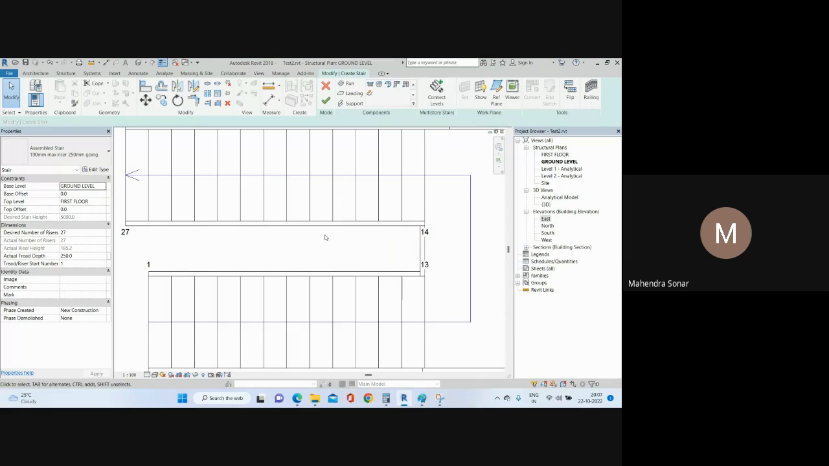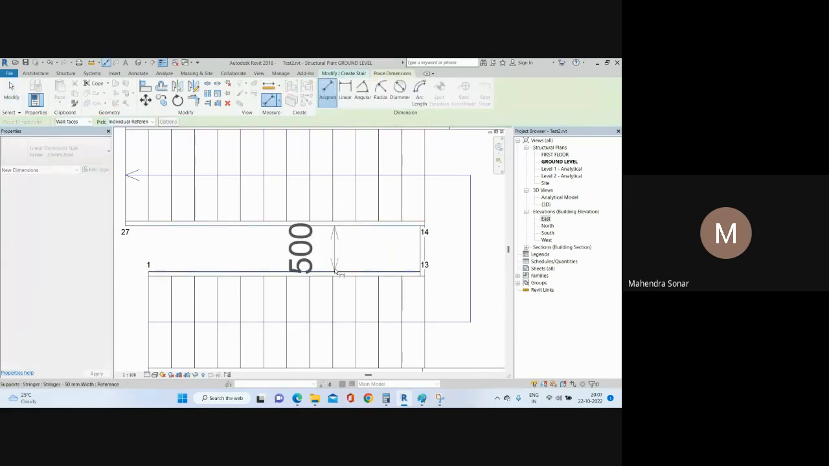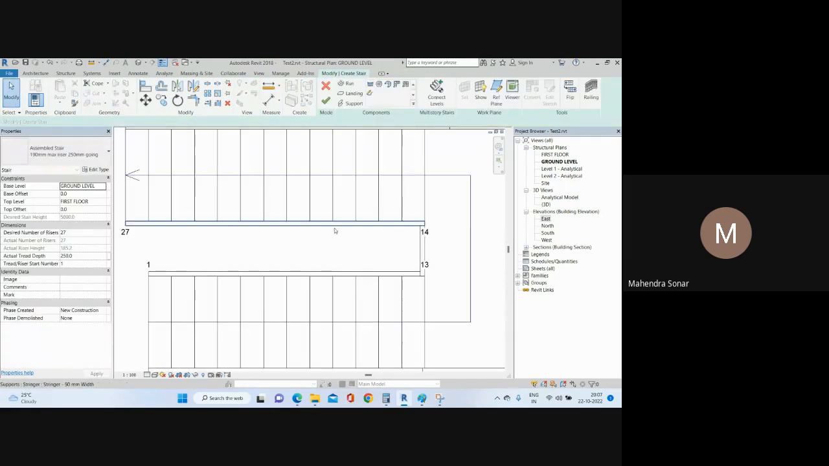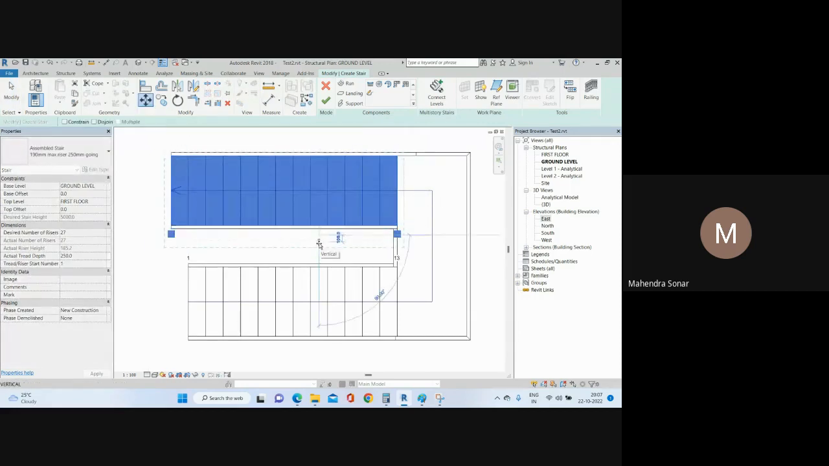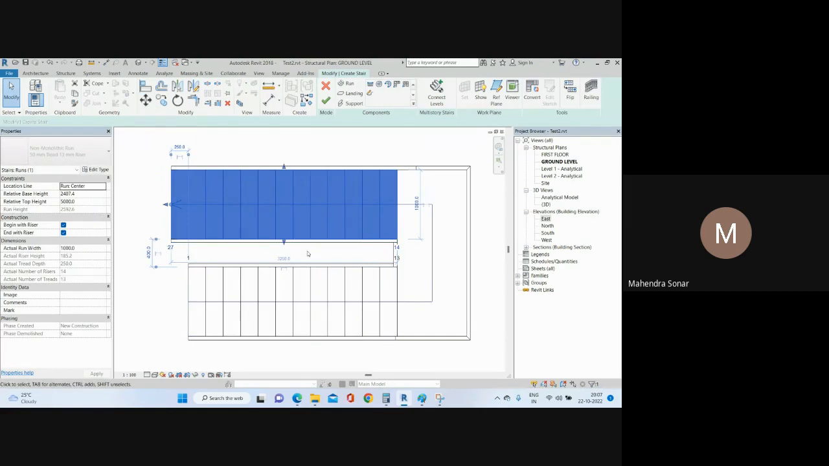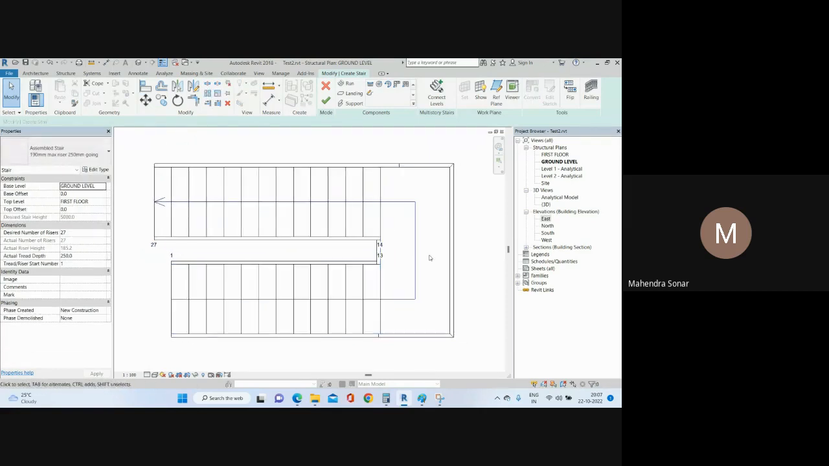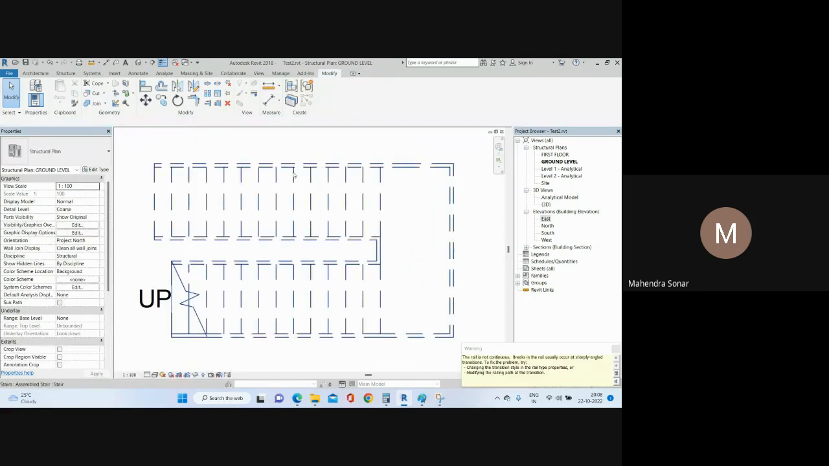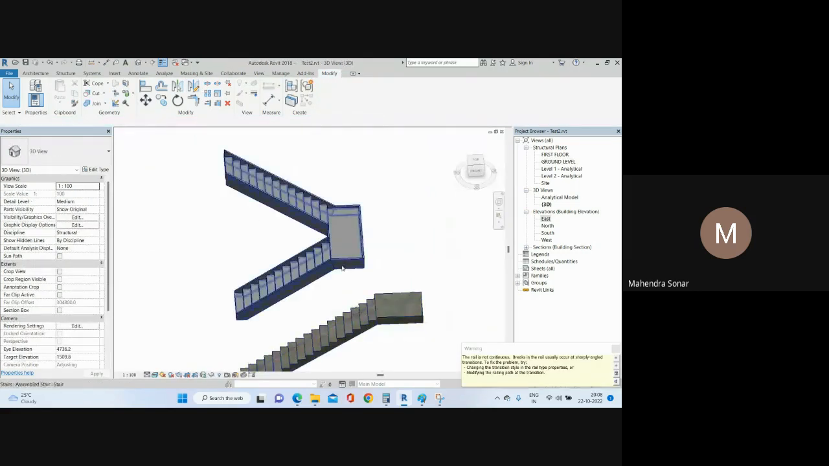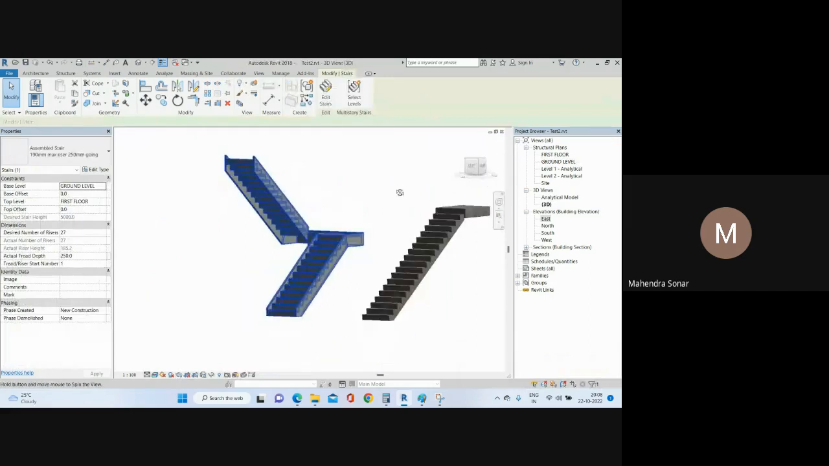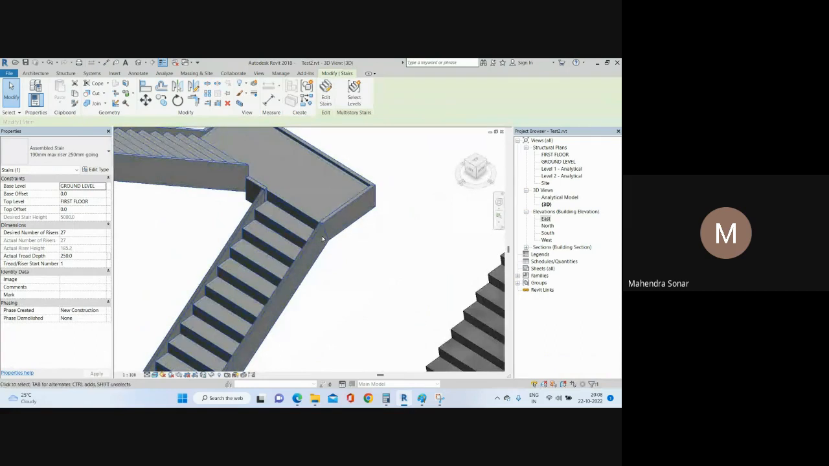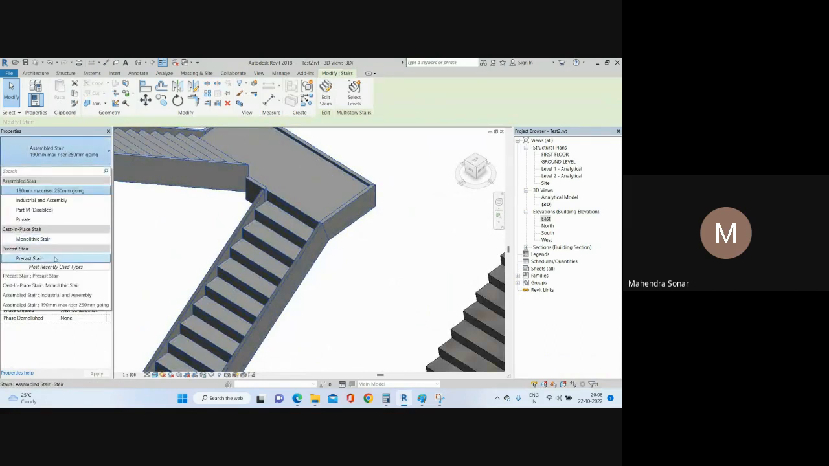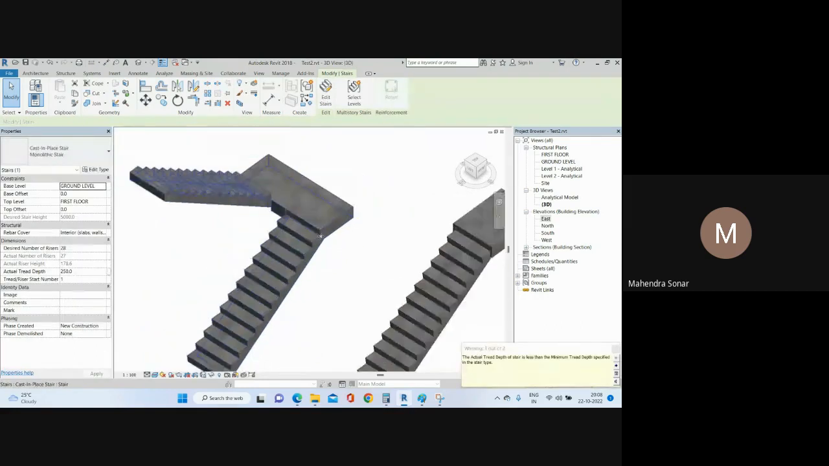Okay, then after that you can maintain this gap also. So this is 500. So what I do, I will just select this stair and move by 200. I will give only 300 mm. Okay, so this landing is also modified. And if I click here, okay, and if you go to your view, you can see how your stair looks. Okay, then suppose this is a monolithic stair, so you can convert it. It looks like that,